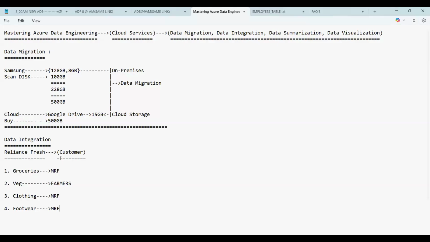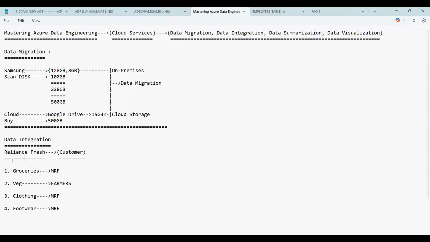So the customer should get satisfaction once he walks in. Not needing to worry about the money and all, guys. That is okay. When you're earning a good figure, all this doesn't matter for us. Am I right? So we get all the things under one roof, and our job is done. But none of the products is owned, produced, manufactured or farmed by Reliance Fresh. Without doing that, they are earning.